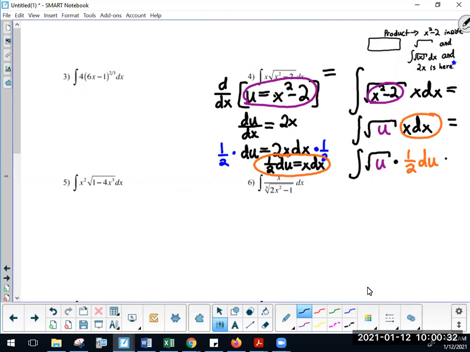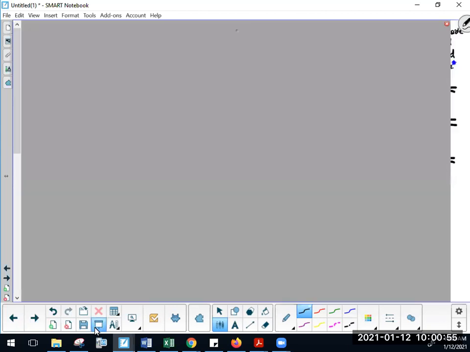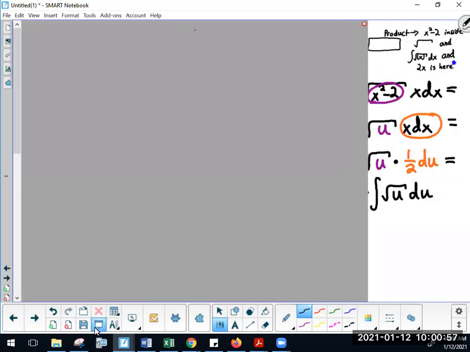Which, using just a teensy bit of algebra cleanup, now looks like this. All right, 1/2 is a constant multiple. I can multiply an integral or antiderivative in this case by 1/2. So check that out. If you started off with just this right here,